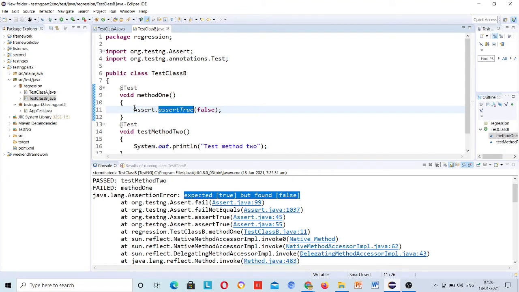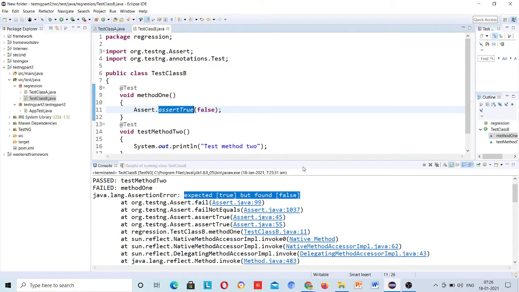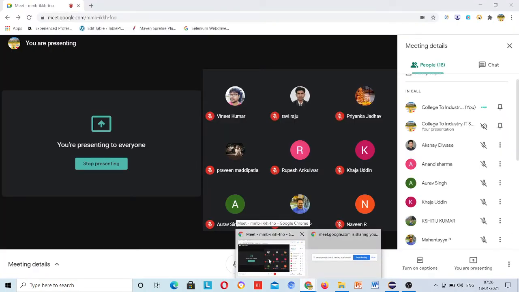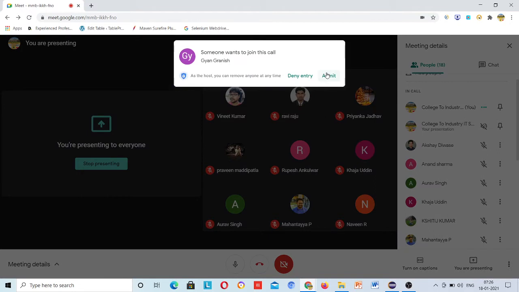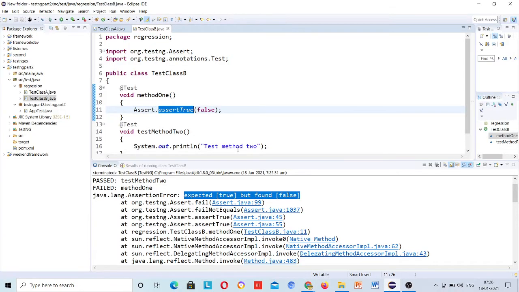Actually, I am saying I am able to call this assertTrue method just by using the class name and method name. So there is a concept behind it. For other classes, if you just create a class, use inheritance, and try to use that without creating the object of the class, you will not be able to do it. But without creating the object of the class, you are able to call the method here.